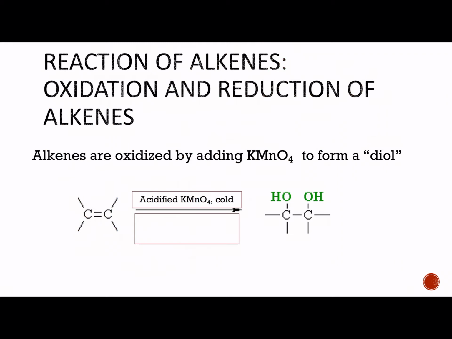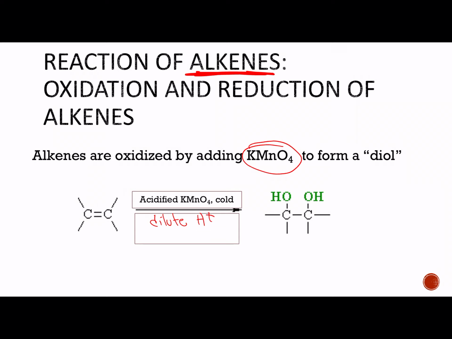So, oxidation. Starting with alkenes. So again, there's going to be 2 major concepts in here. What do we do with alkenes? And then what do we do with alcohols? And so alkenes are oxidized by adding KMnO4. And so if it's acidified KMnO4 and it's cold and it's in dilute acid,